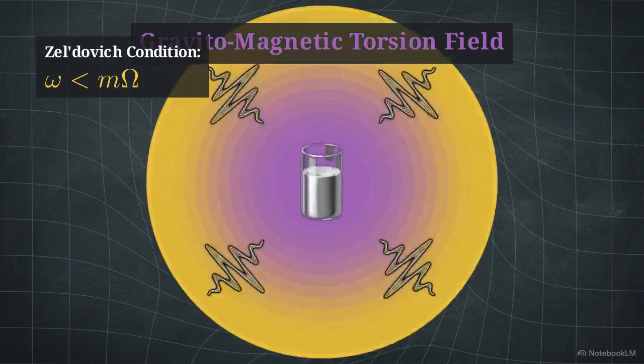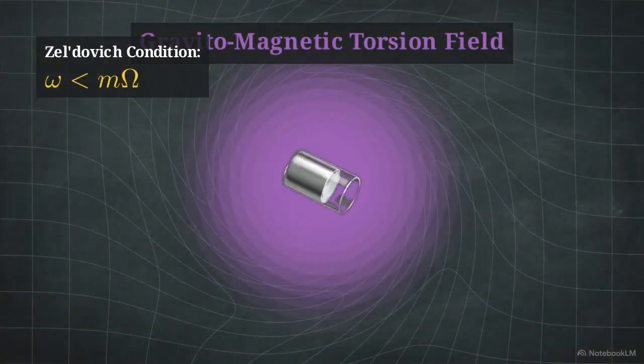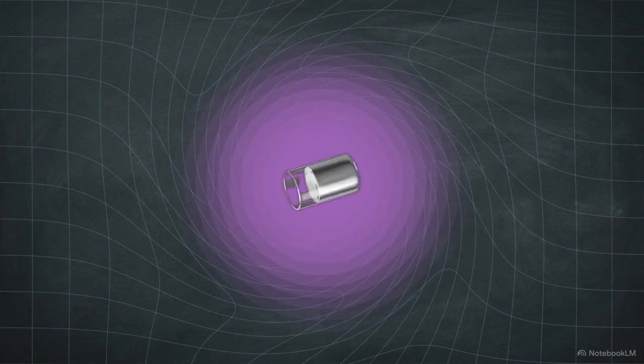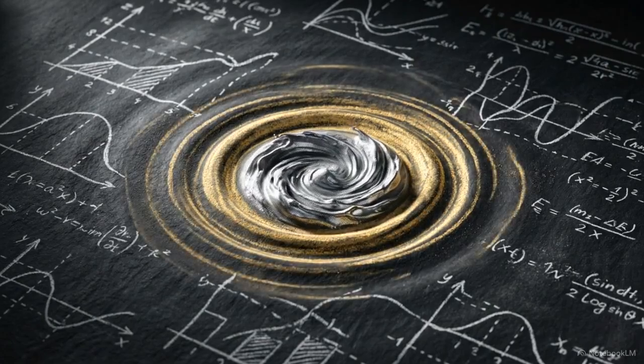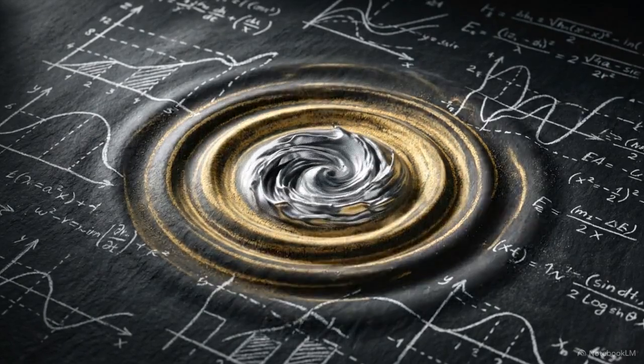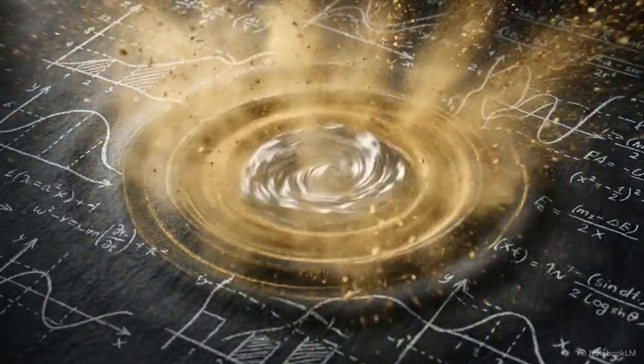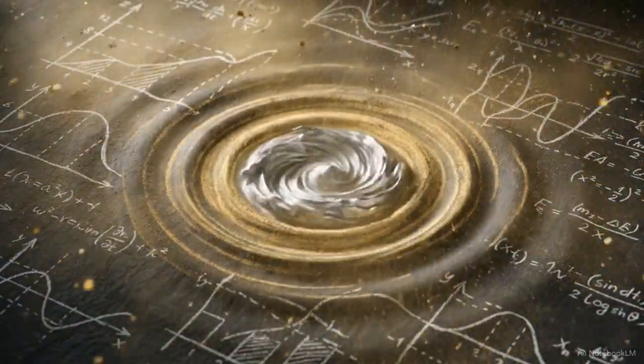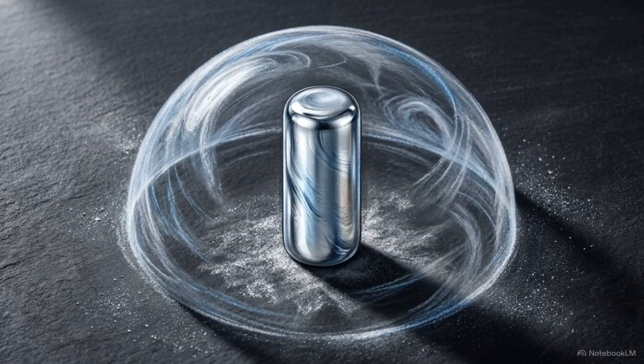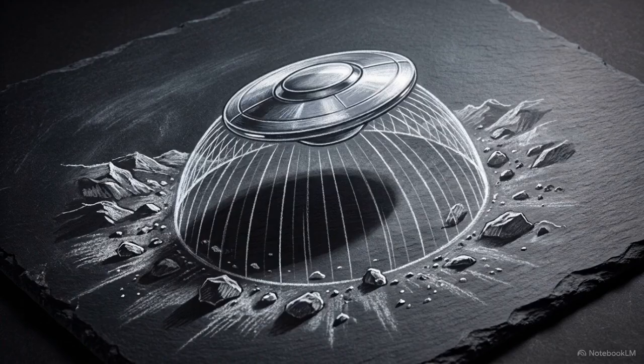Applying the Zeldovich condition to this field forces a state of gravitational superradiance. Spinning faster than ambient gravitational fluctuations, the fluid refuses to act as an absorbing mass, instead dumping rotational kinetic energy directly into the spacetime metric. This continuous transfer of energy triggers an exponential amplification cascade as the local gravitomagnetic field balloons outward. This architecture functions exactly like a gravity capacitor, pushing back against Earth's gravity well by inverting the local metric into